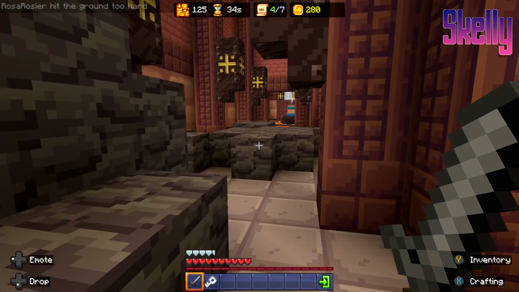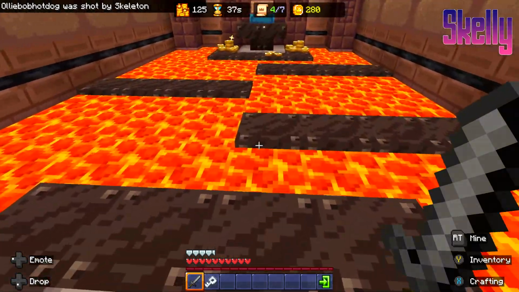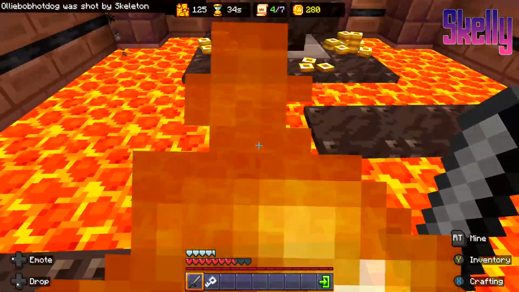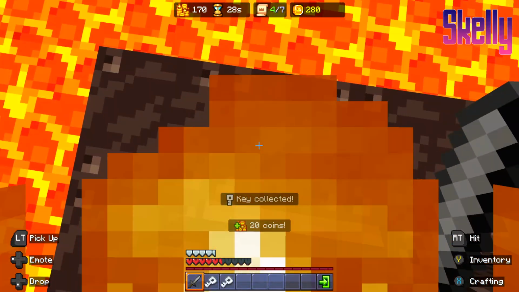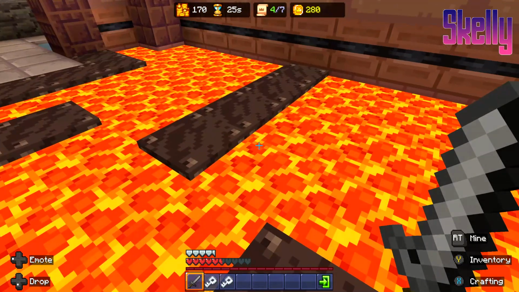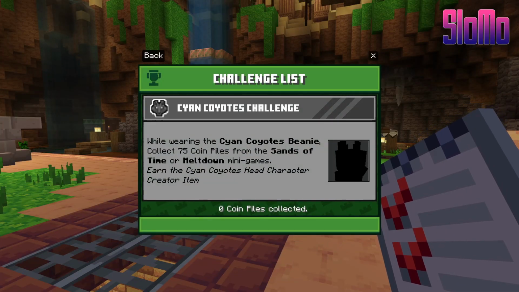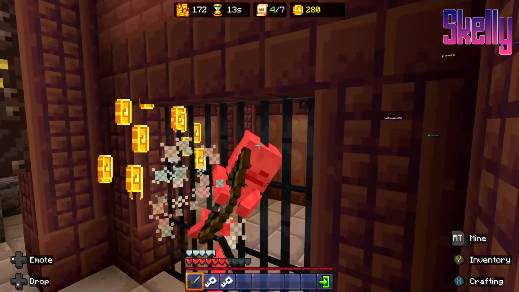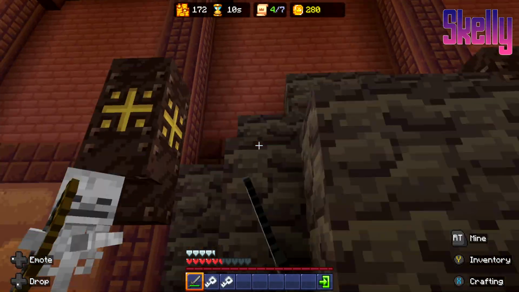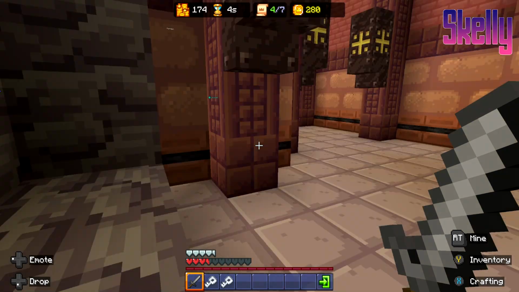The frame rate is horrendous. Really? It's working quite well for me, actually. Ah, lava! I've got 2 keys. I don't know what to do with either of them. What was the challenge in here? Oh, collect 75 coin piles. 0 coin piles collected. I don't think we're going to get these...